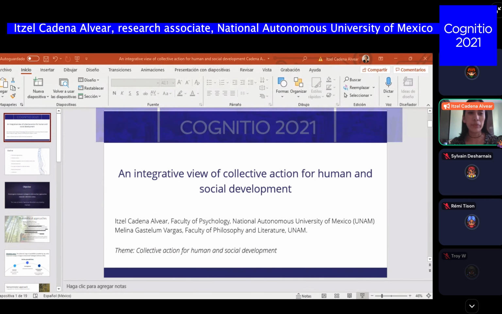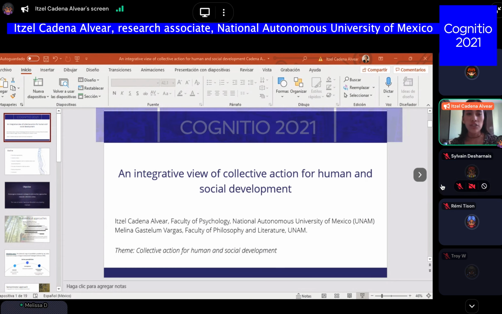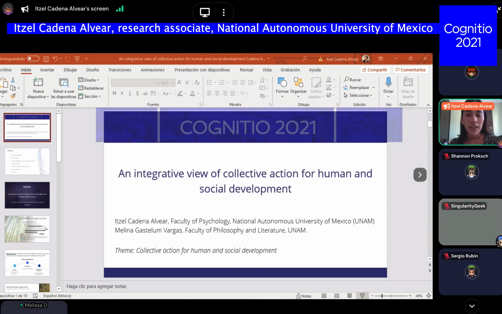We're going to present our proposal, which is called an integrative view of collective action for human and social development. So here is our outline. And our general objective is to create a convergence between the ecological psychology and the enactive approaches towards collective action. As an example, we're going to use the case of autism spectrum disorders in order to create this rethinking and